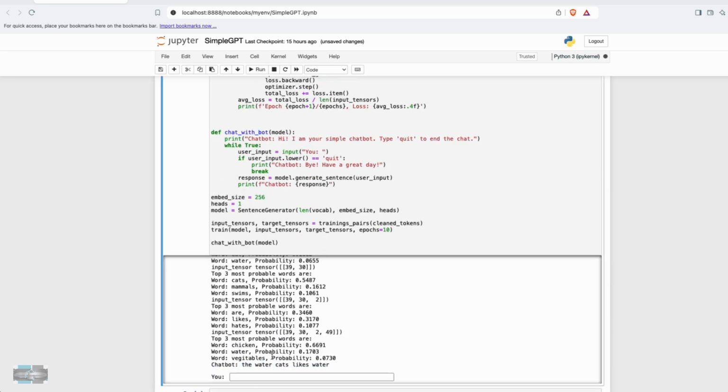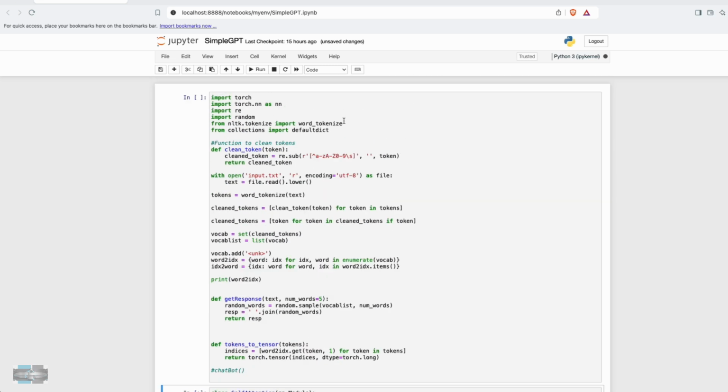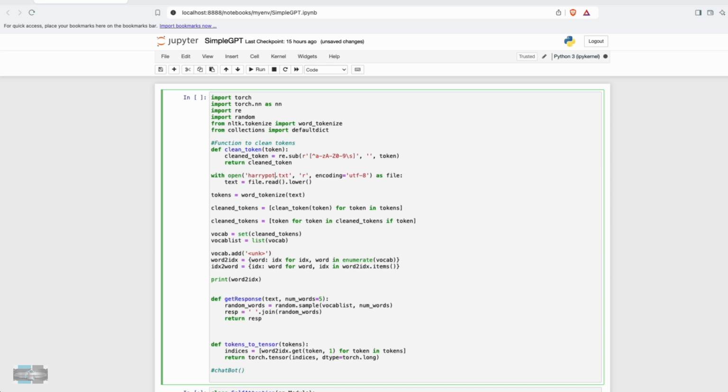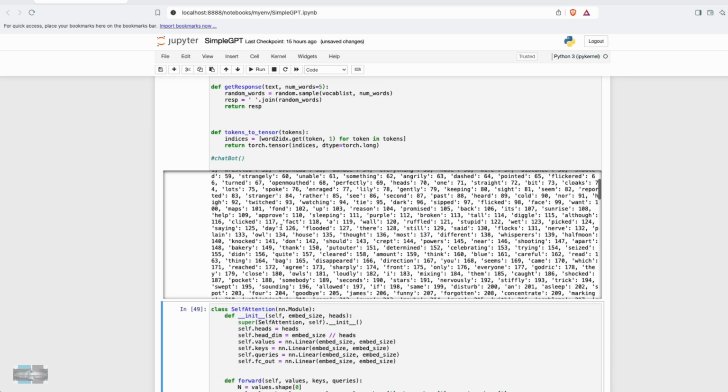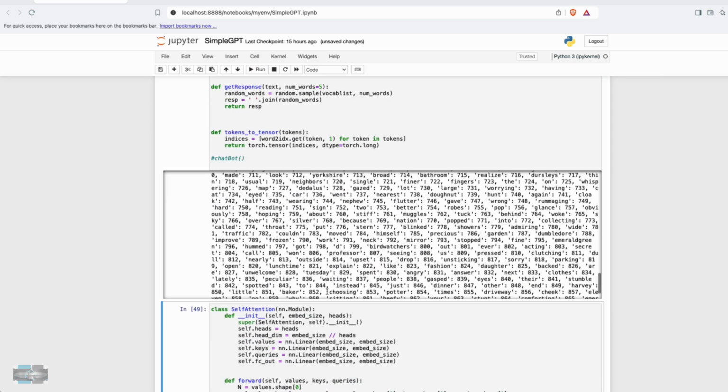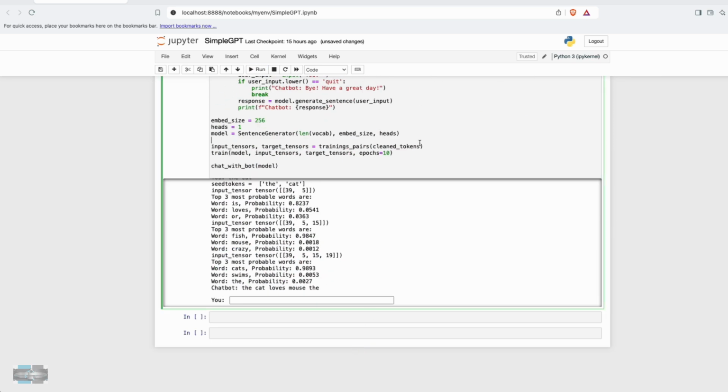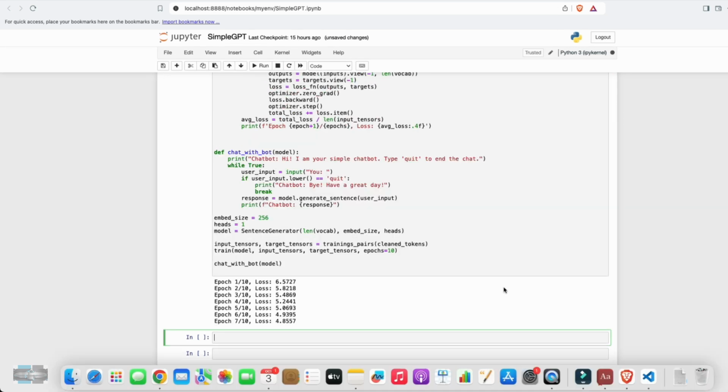Okay, we are getting a response, but it is not a proper response. Since our dataset has only hundreds of words, which is very small for making a meaningful response, let's try to change the dataset and see how our model works. Okay, I have added several pages from Harry Potter and converted them into a dataset. Let me train the model using this dataset.